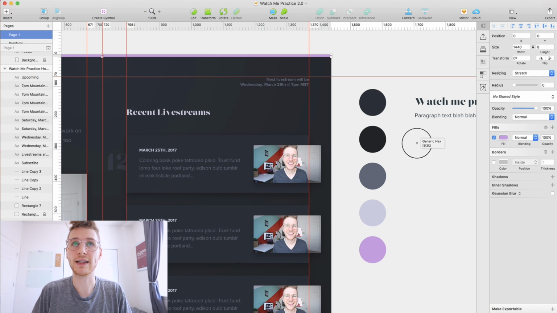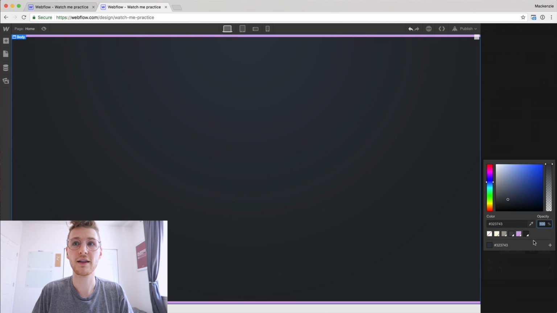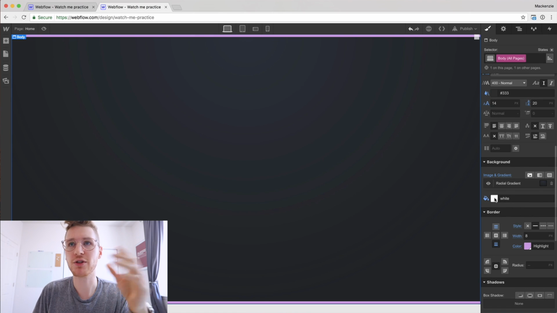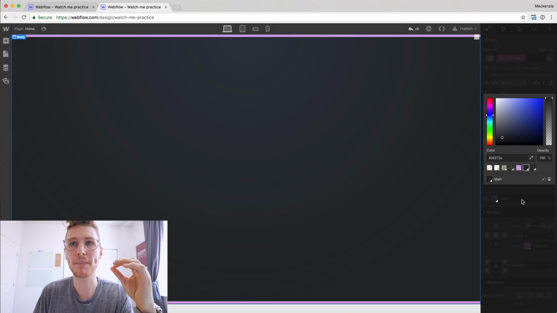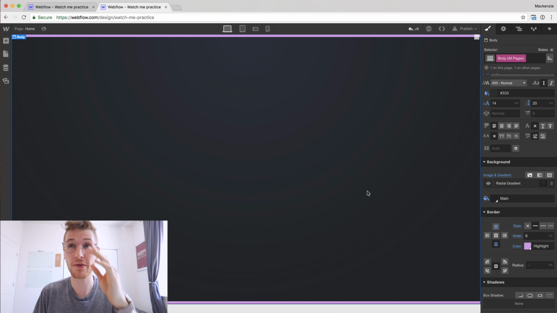And let's go back, select that slightly lighter gray color, and double click on here. There we go, beautiful. And I'll make that a global swatch as well. I'm just going to call this one main lighter. You can probably come up with a more clever name. And then I'm just going to change the background color to that darkest main variable as well, just in case. I don't think I need both, but